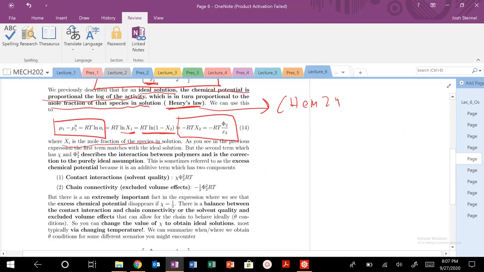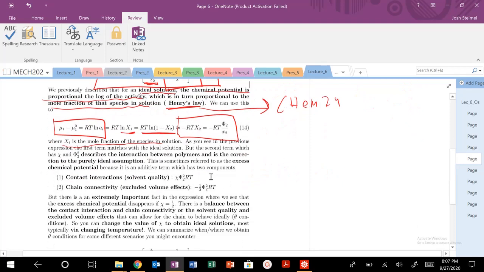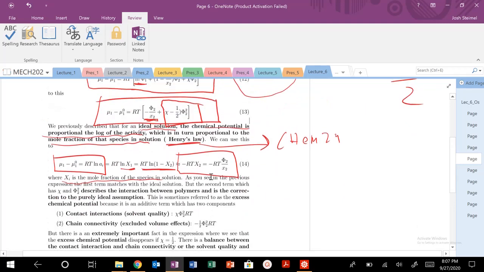So let's look at these terms. I'm really interested in this half of the expression because I have a couple cool things here. I have chi, so I can relate the change in my chemical potential of mixing for my solvent in the unmixed state and in the mixed state when I add that polymer solution. I have this chi parameter now. In this term, there are two terms. So the chi term